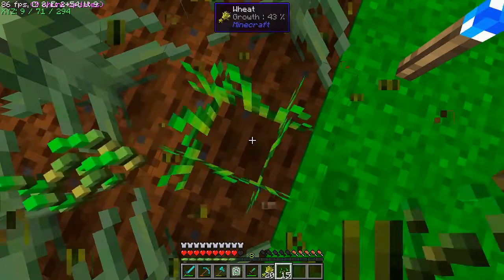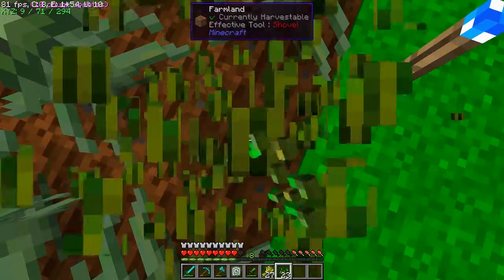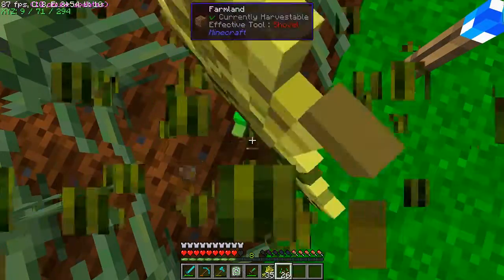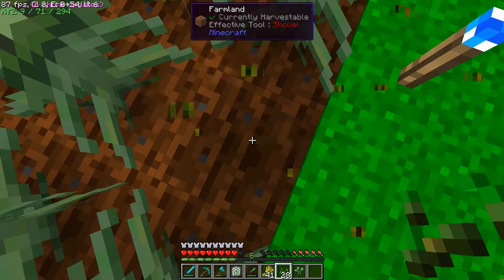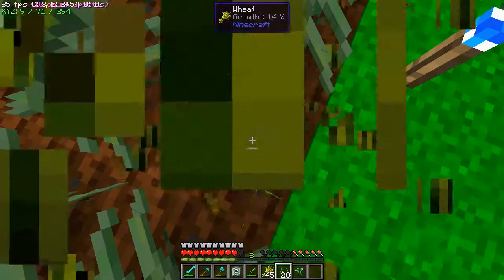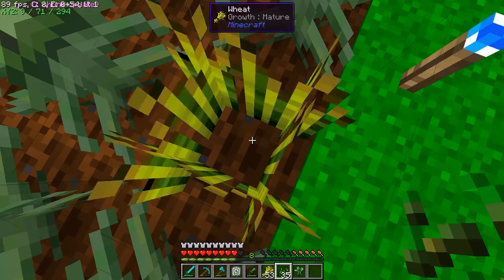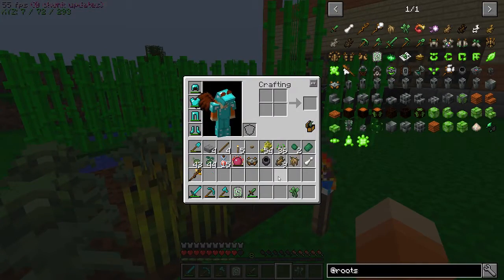Does not appear to be working in the slightest. So it said 1 out of 30. So we go 1, 2, 3, 4, 5, 6, 7, 8, 9, 10, 11, 12, 13, 14, 15, 16, 17, 18, 19, we got 1, 20, 21, 22, 23, 24, 25, 26, 27, 28, 29, 30. Okay, that was a ton of crops, and we'd already done a ton before, and we have 1 verdant